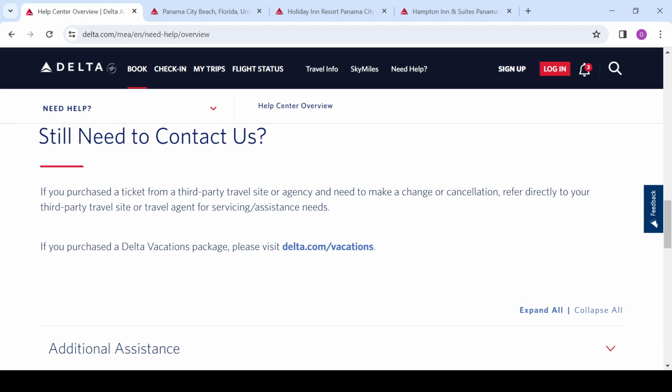Once it's loaded, you scroll down the page and you make sure that you read carefully everything that is on the page. And if you don't see the request for special meals on Delta Airlines, you can contact them on this website, which says